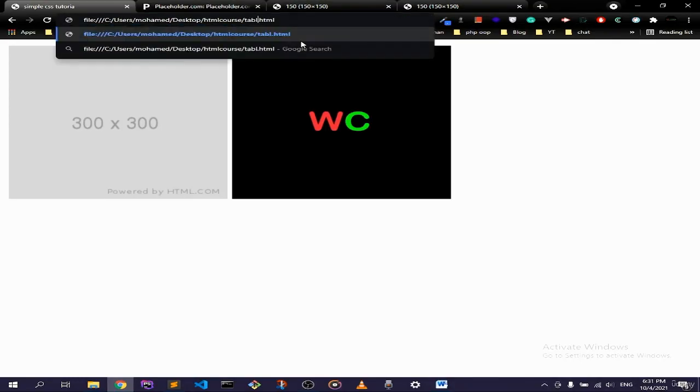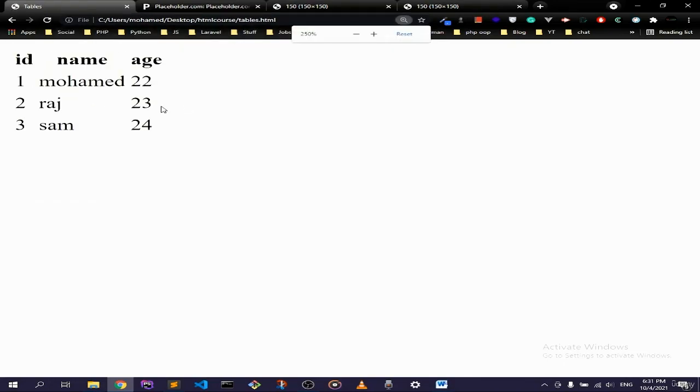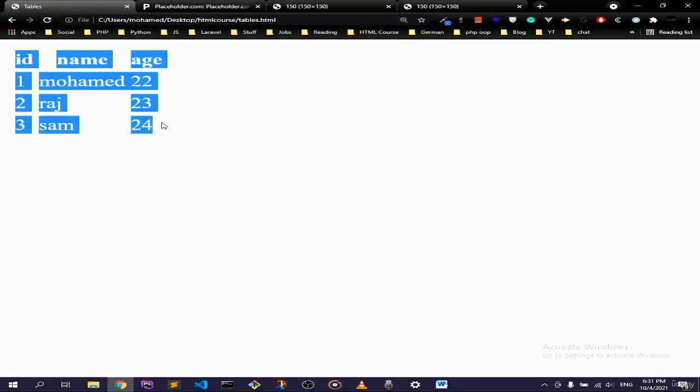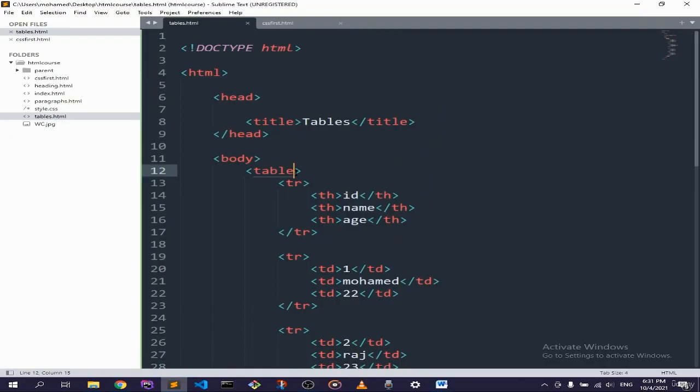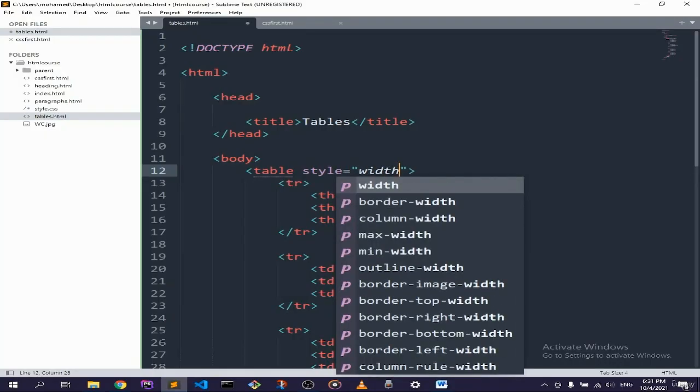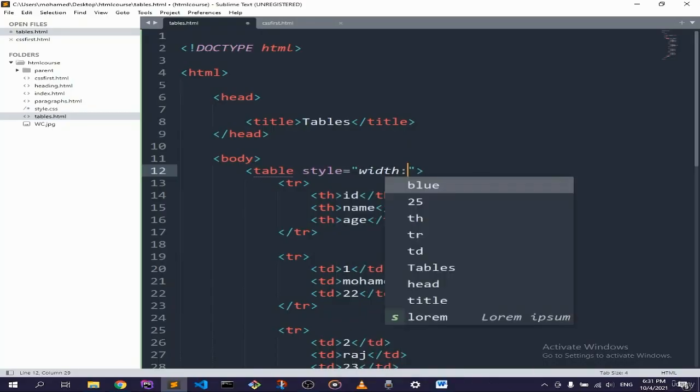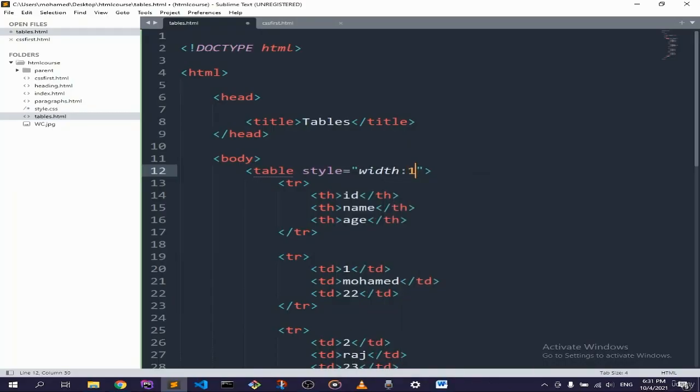Now if I save this and go right here to tables, my file, you can see that we have our own table, but it looks pretty ugly, so I'm going to design this a little bit. If I go to the table and give it a style attribute, I'm going to keep the width